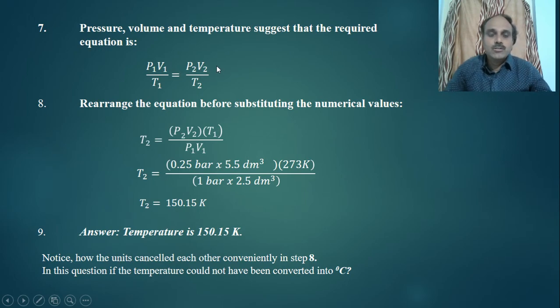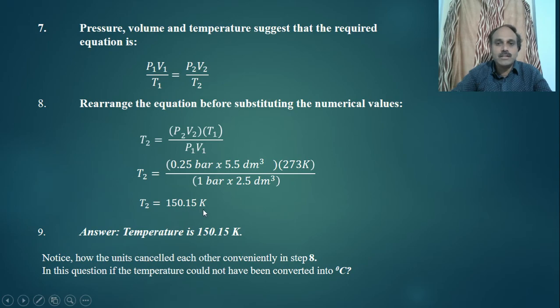So T2 is equal to P2, which is 0.25 bar, V2 is 5.5 dm³, and T1 is 273, over P1, 1 bar, V1, 2.5 dm³, and the final answer is T2 is equal to